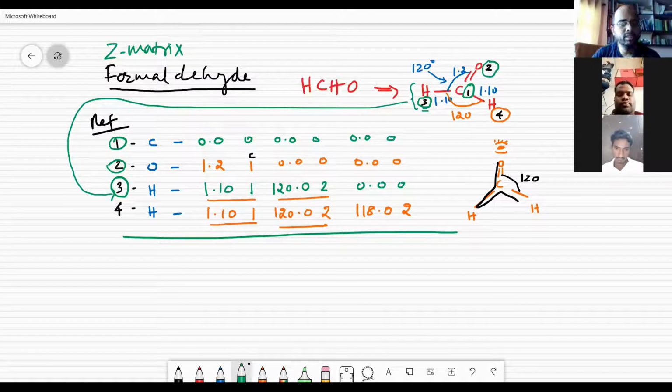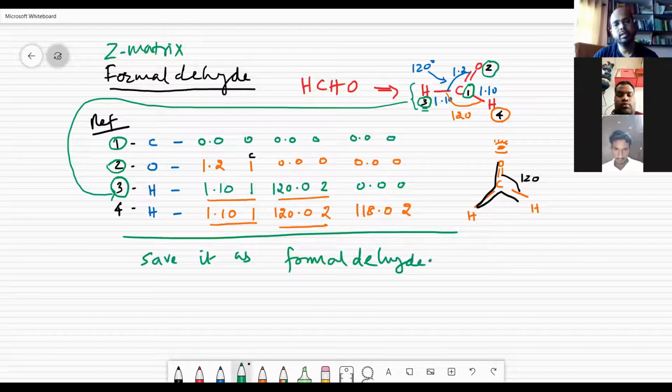When you submit, you have to save it as formaldehyde.MOP, or you can save it as formaldehyde.DAT. Okay.